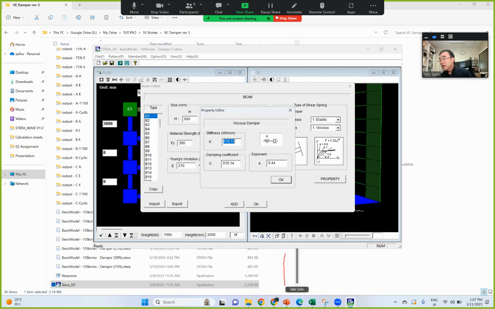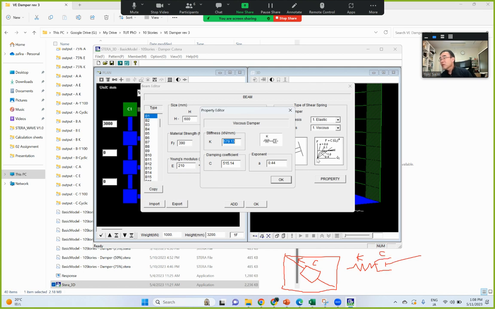Suppose you have a frame and the damper is a brace type. This is C and this is K. So in this case, the whole damper is K, and the damper and the brace are in parallel. Okay? So this is a